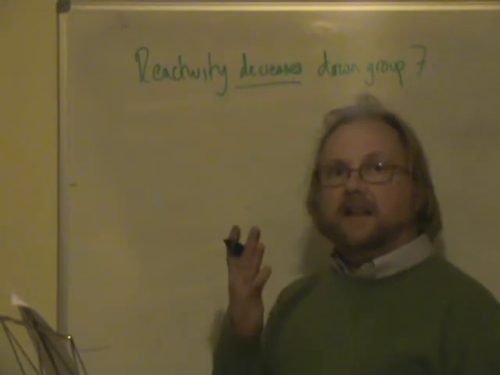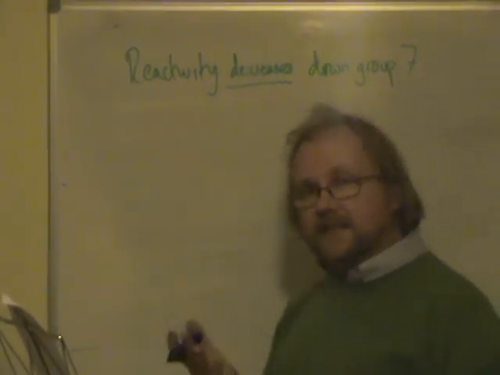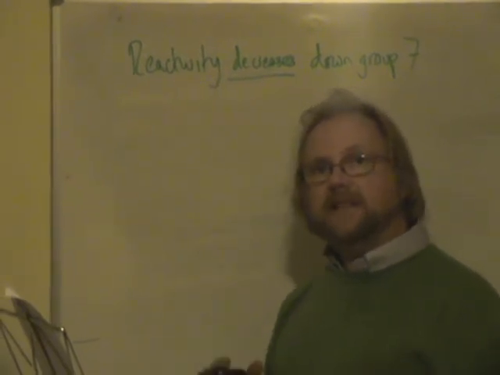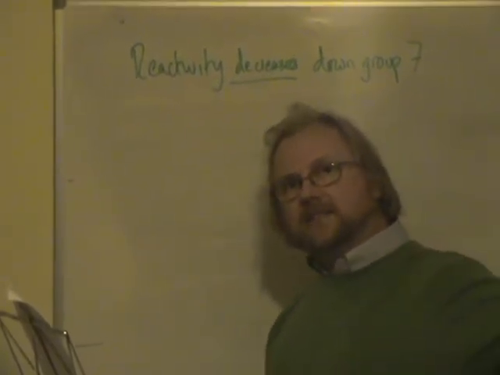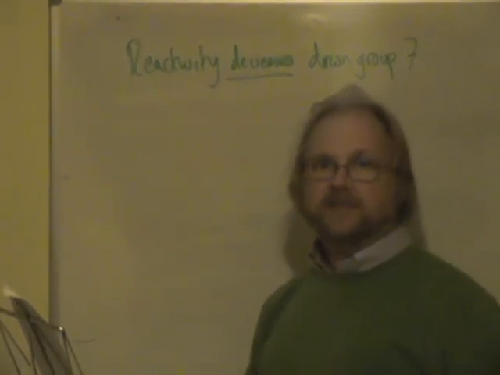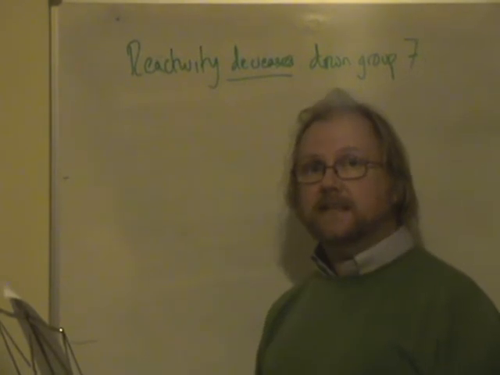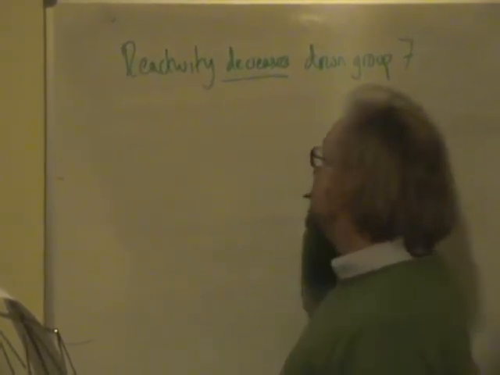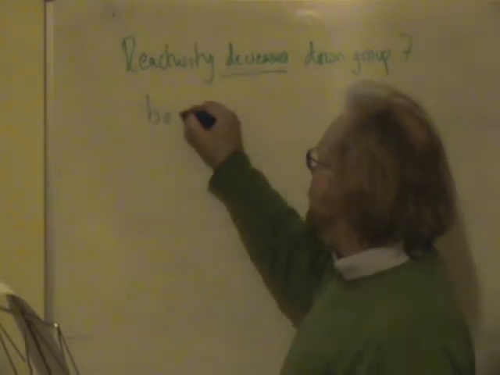Because, for the same reason that ionization energies decrease as you go down the group, because you're adding extra shells, so the outer shell is at a greater distance and is more shielded, so there's weaker attraction to the nucleus. So use that same checklist that you used for ionization energies. So you can say because